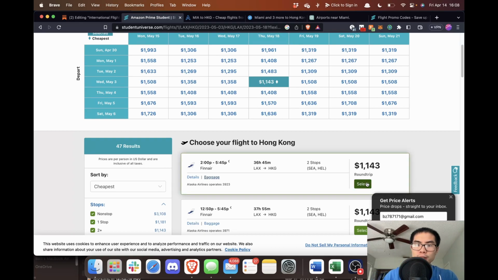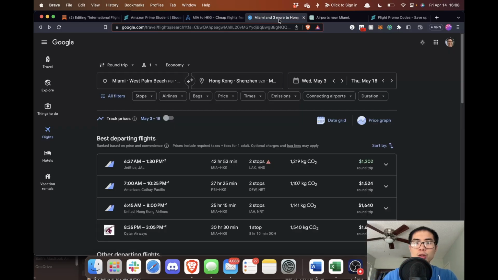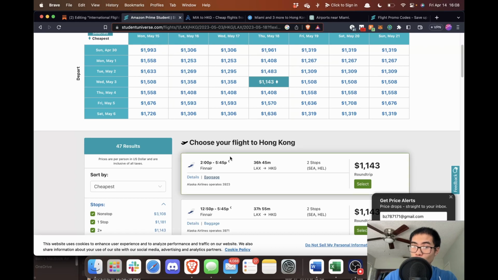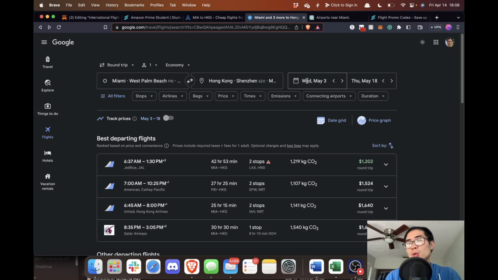So you can select this flight and go through the process again, but you can see how we went from Google Flights to Skiplagged to StudentUniverse, and we got progressively cheaper pricings. Not always gonna happen, but in this case, we did it. We got the savings. Now, if you're flying in the summertime, it's going to be more expensive. If you're flying so close to the date, because today is April 14th and this is May 3rd, it's also gonna be more expensive. If you book the flight 2 to 8 months in advance, it's probably going to be cheaper. Moreover, if you booked a trip to Japan, it'll probably be even cheaper because Japan, at least to Tokyo,